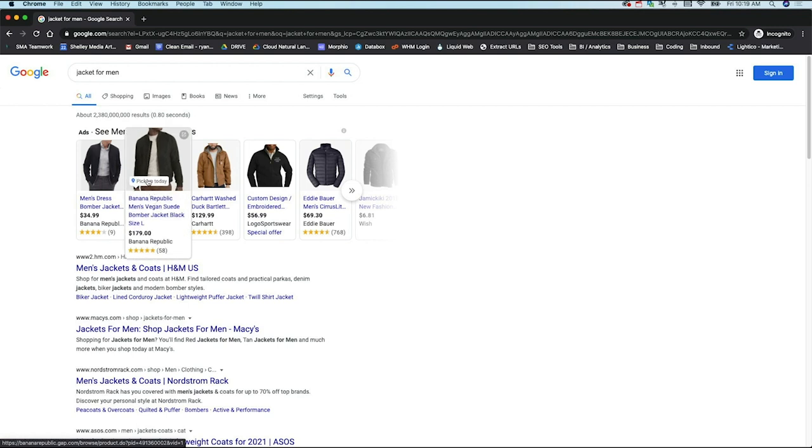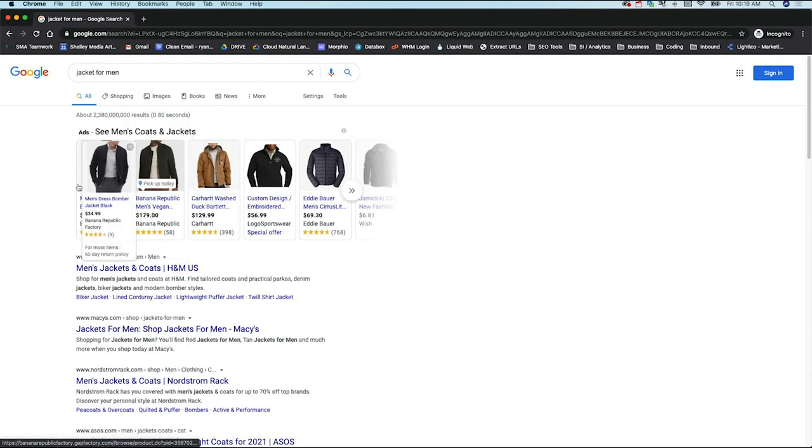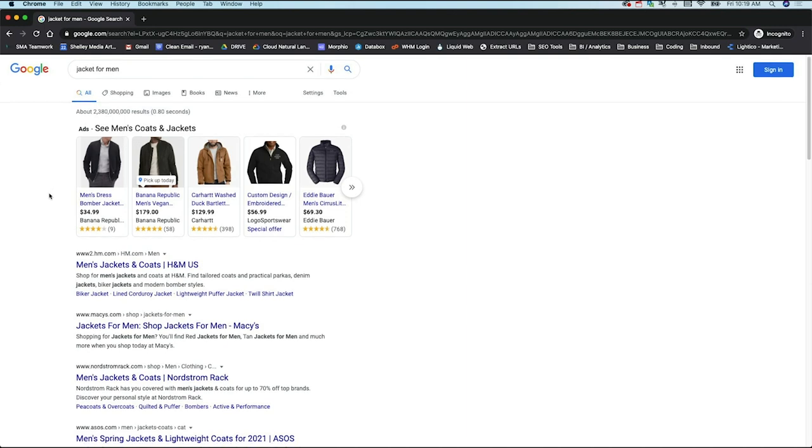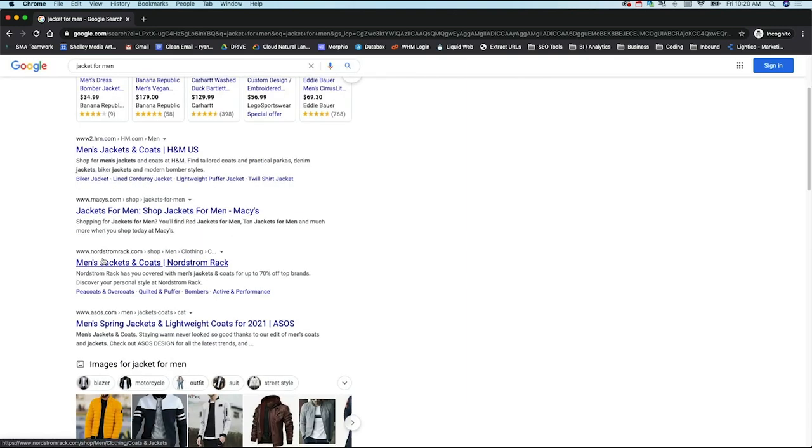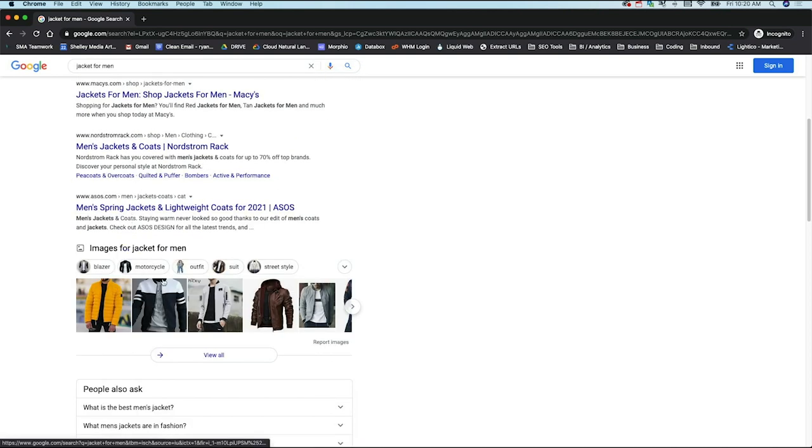It's even getting to the point where it is location specific. So Google's saying, hey, you can buy this and have it today. Now that could be very, very big when it comes to a user who needs this right now. So these are different things that they're adding into the search results, and you can mark up your ads even to make sure that you drive your users here. But let's go to the organic listings. We've got H&M, we've got Macy's, we've got Nordstrom, a couple blue links,